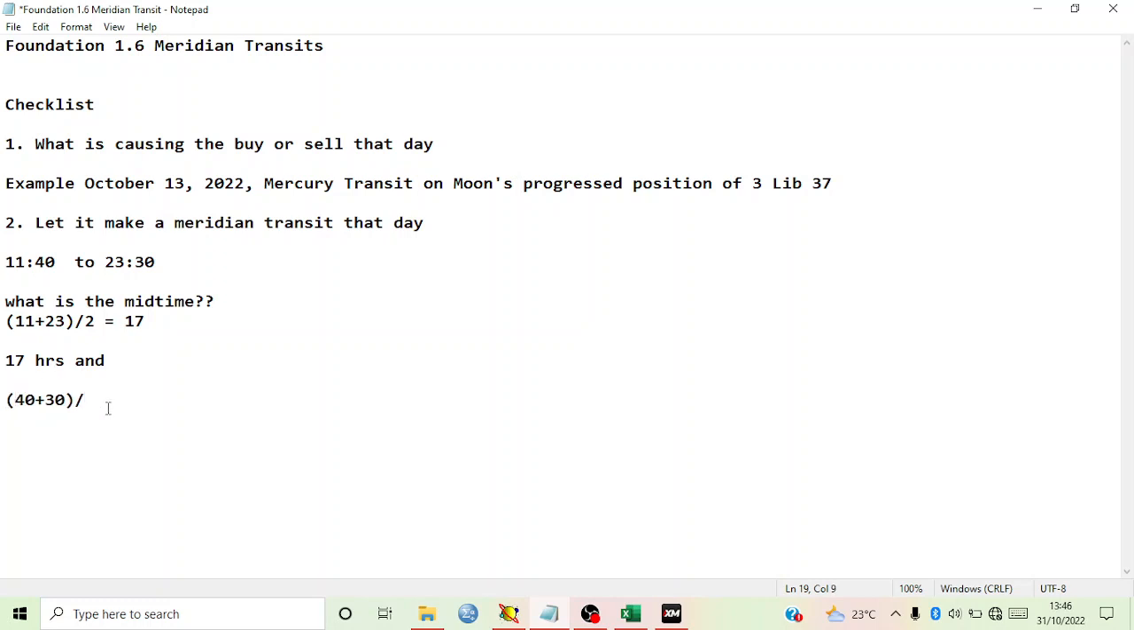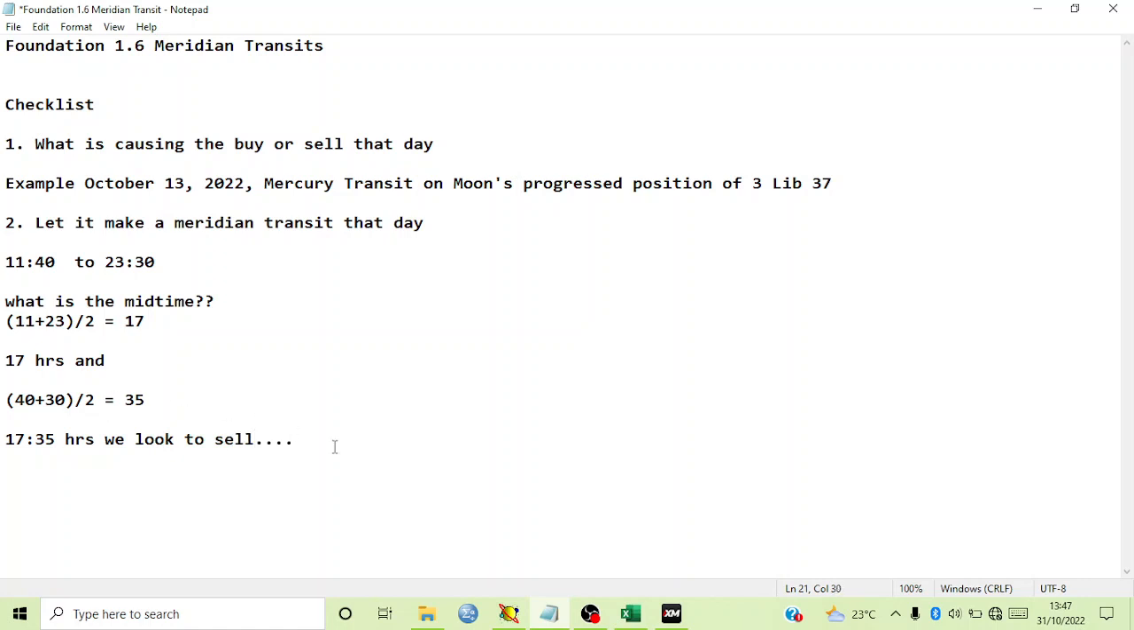Okay, we should divide by 2 as well, which should give us 40 plus 30, 70 divided by 2, that gives us 35, right? So in short, what I was simply saying is that at 17:34 hours, we look to sell,